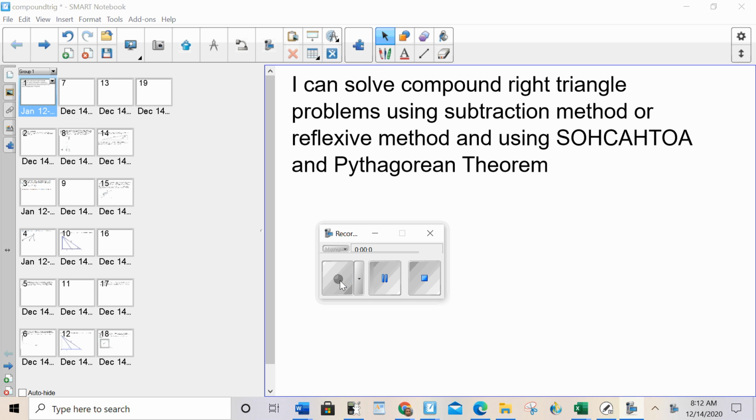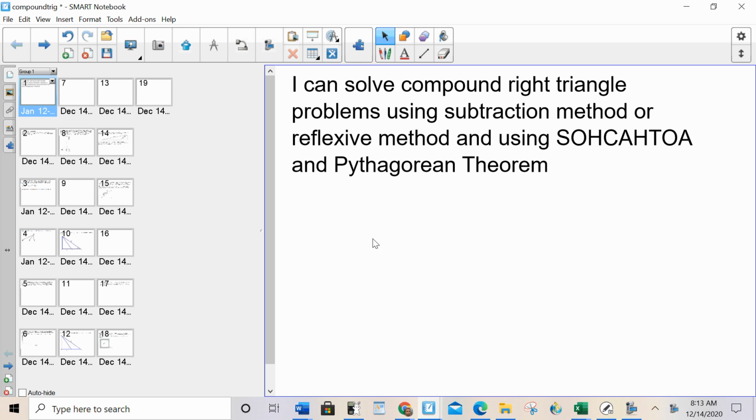Hello everybody! Today and tomorrow, so the 2-day lesson, I can solve compound right triangle problems using subtraction method or reflexive method and using Sohcahtoa and Pythagorean theorem. So all these questions are going to be 4-point questions involving right triangles. They're going to all be 2 steps, and the majority of them are going to either be what I call subtraction method or reflexive method, although there will be some other methods as well,